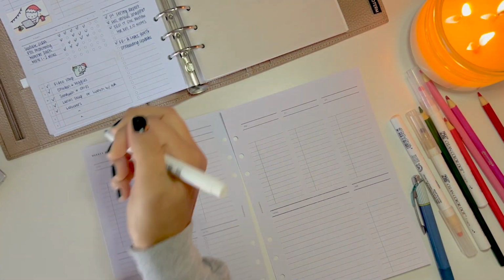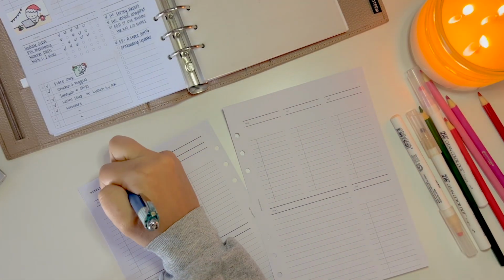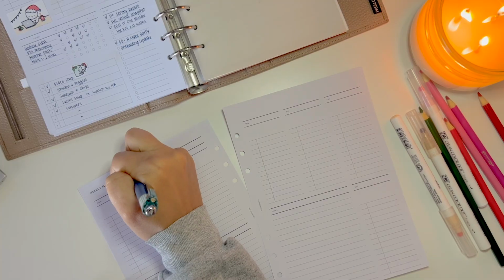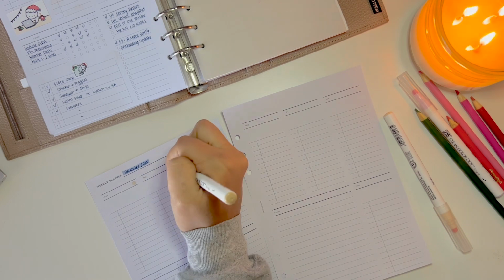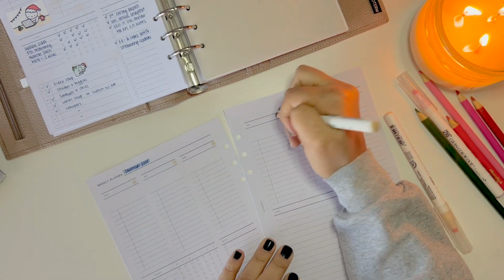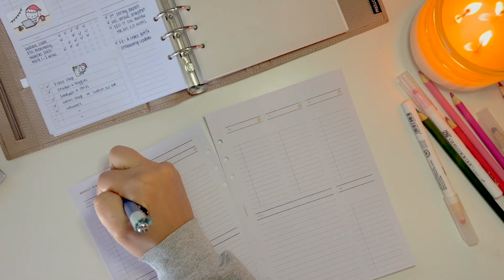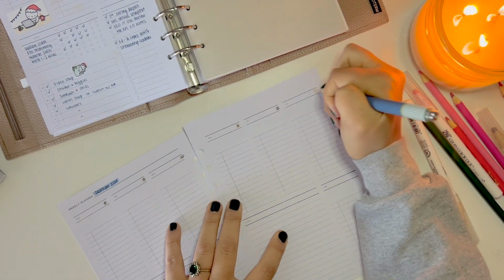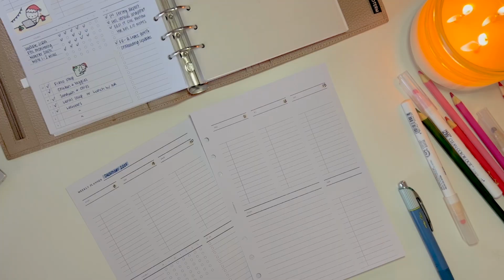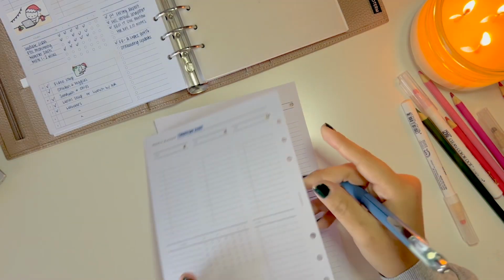Well, it'll be work, but it'll also have some items for home and lifestyle that are meant for family life. So I'm using the A5 Moterm planner cover. And like I said, I'm using it temporarily. I do want to buy a new cover, but I had not realized how expensive they are. So I'm still going back and forth about what I want to do, or if I want to try some different Amazon covers. So we'll see. But right now, we are using the planner room template from